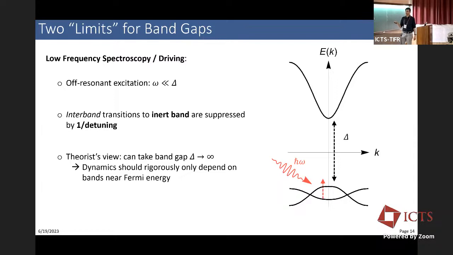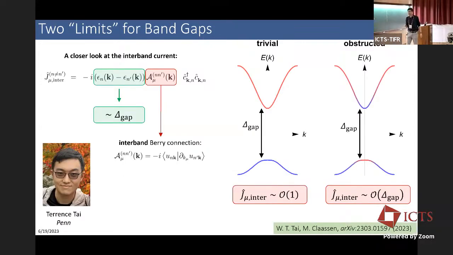I should expect that all my responses are governed by electrons in these bands, and interband transitions must be suppressed by 1 over the detuning. So as a theorist, of course, I can just pretend, let me take my band gap to infinity to have an exact limit for getting solely low frequency optical responses from these bands. Right? If I take the band gap to infinity, my dynamics should rigorously only depend on electron dynamics in these bands. But this is not quite so simple, because if you take a slightly closer look at the interband current,